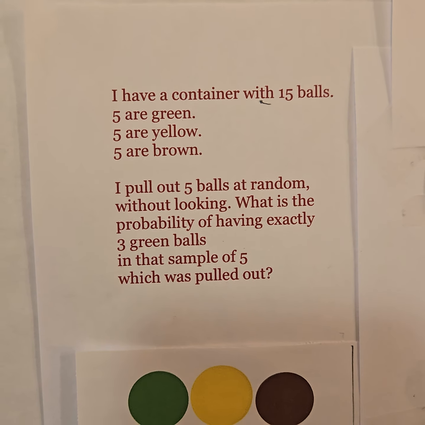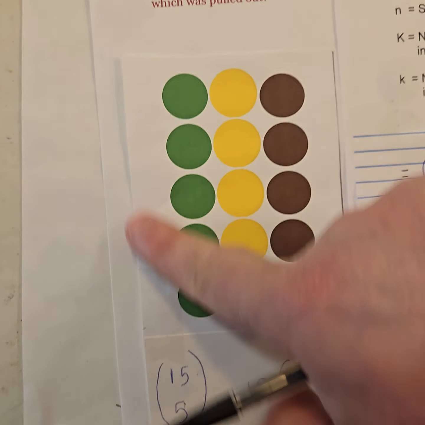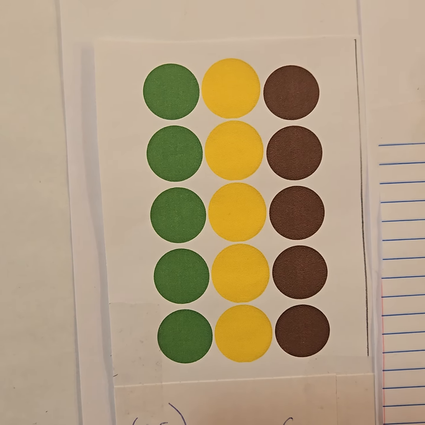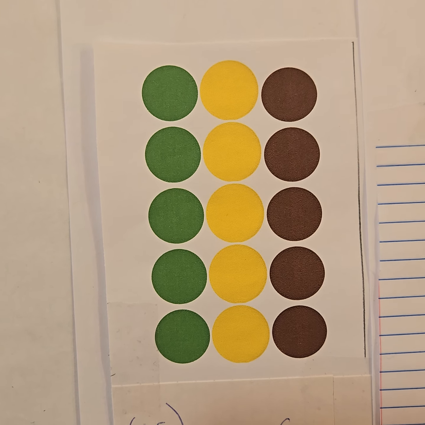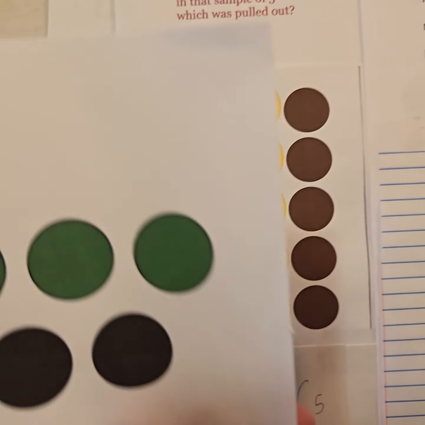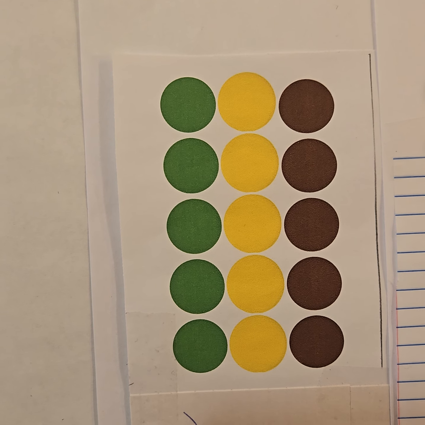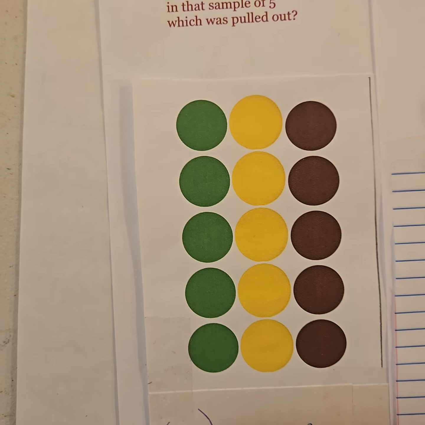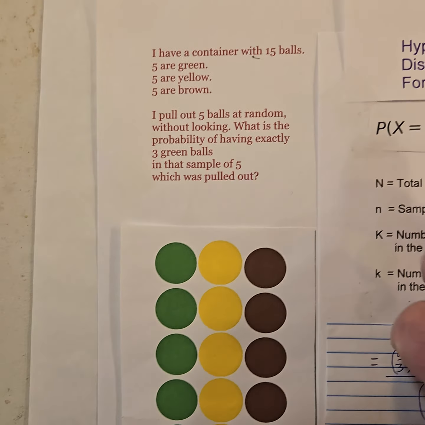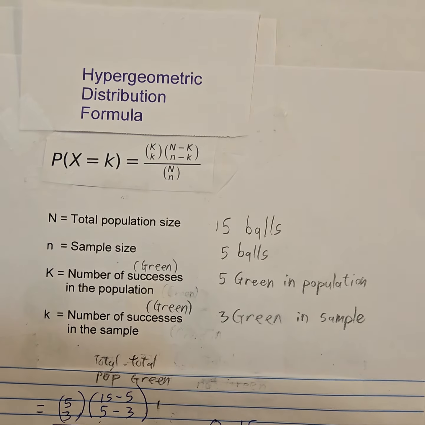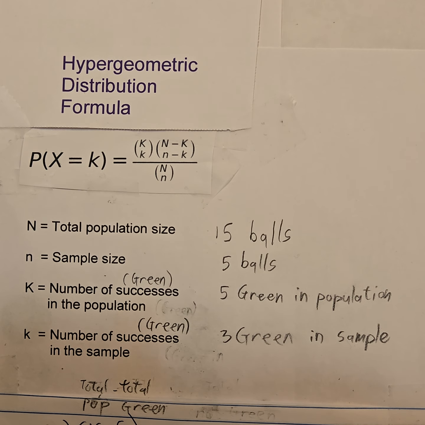So if you want a quick reminder, this diagram was what we started off with: 5 of each color, taking 5 at random, and of the 5 at random, what's the probability of 3 of them being green? The only difference is I'm going to solve it in a different way. I'm going to teach something called the hypergeometric distribution, and the formula for it is called the Hypergeometric Distribution